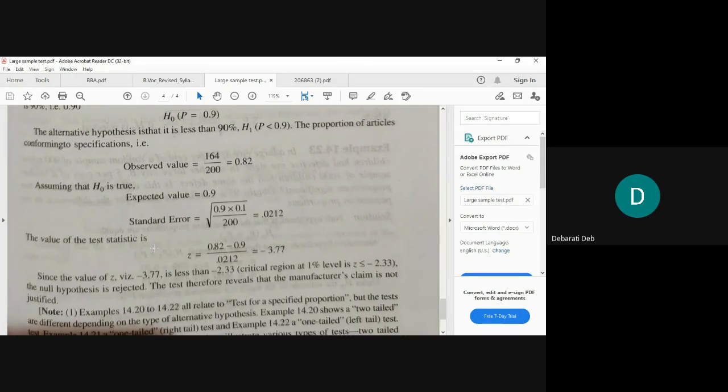Okay. Next, as per our formula, by now I hope all of you have memorized the formula. The formula is observed value minus expected value divided by standard error of P. Now we need to calculate the standard error because this is not given anywhere. So after writing expected value equals 0.9, in the next line you write standard error equals to,